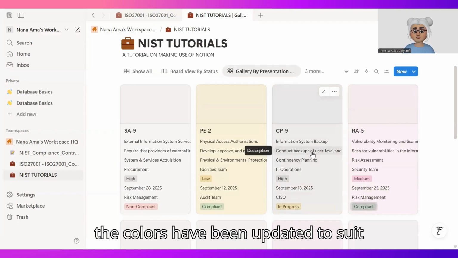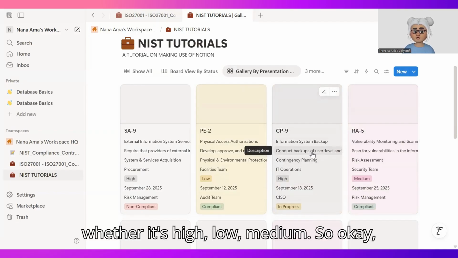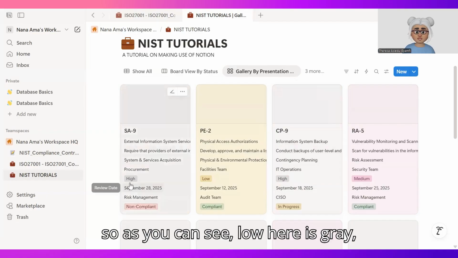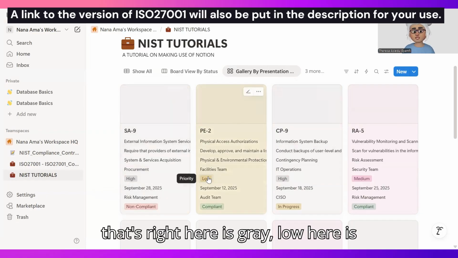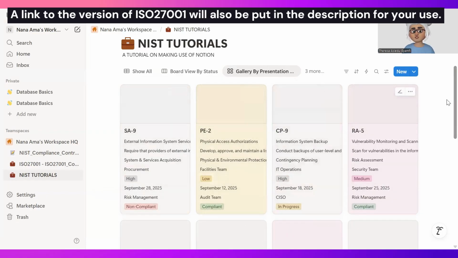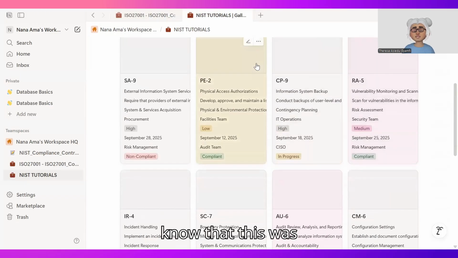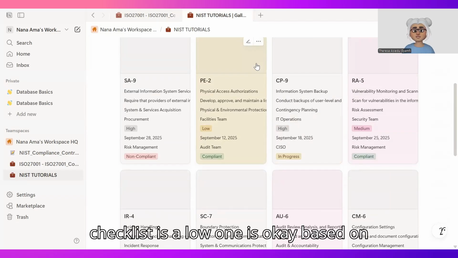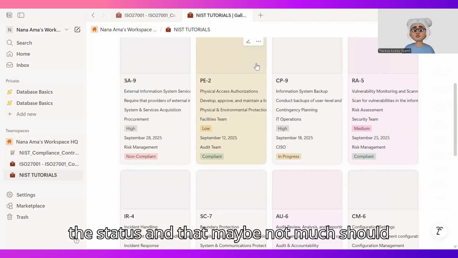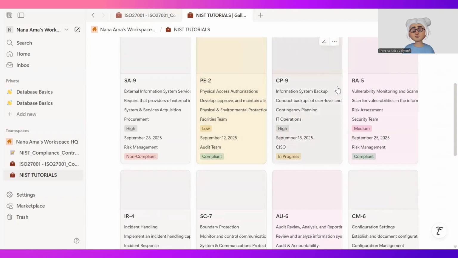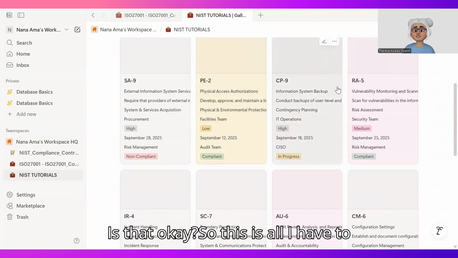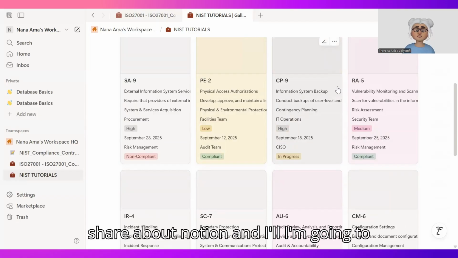the colors have been updated to suit whether it's high, low, medium. It's okay. So as you can see, low here is gray. That's why here is gray. Low here is yellow. That's why this card is yellow. So once you look at this view, once you see yellow, you know that this particular checklist is a low one. Is okay based on the status, and that maybe normal should be focused on it as compared to a high one. Is that okay? So this is all I have to say about Notion,